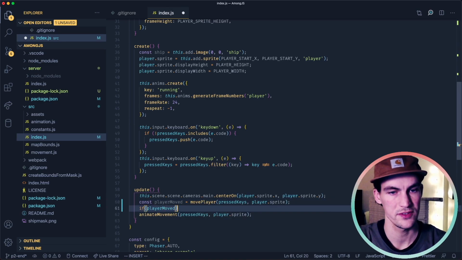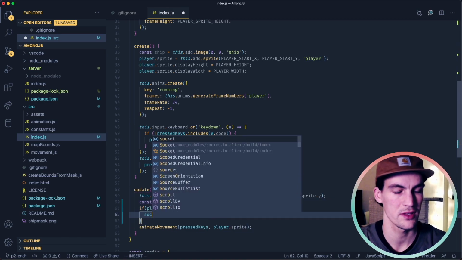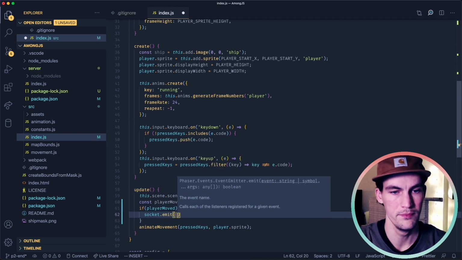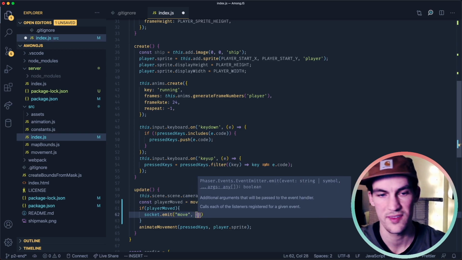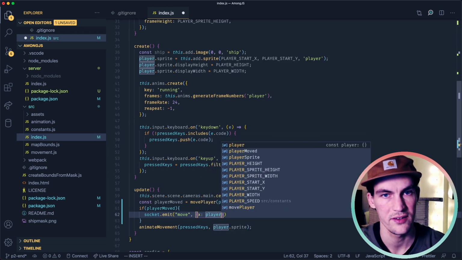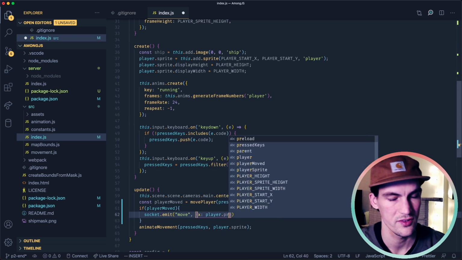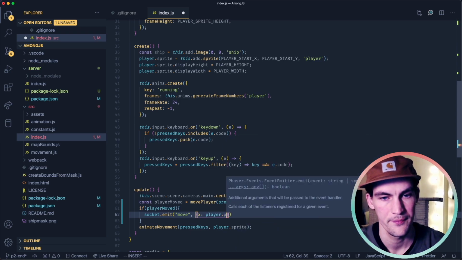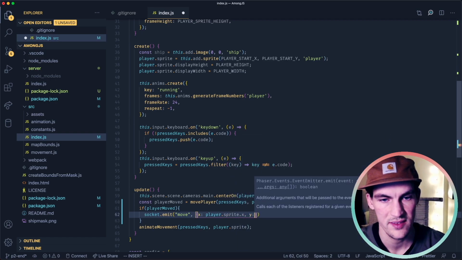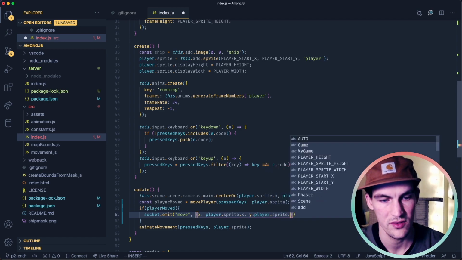If player moved is true, then we know that we should do socket.emit move, and then we want to send an object where we say the x value is now player.sprite.x, and y is now player.sprite.y.